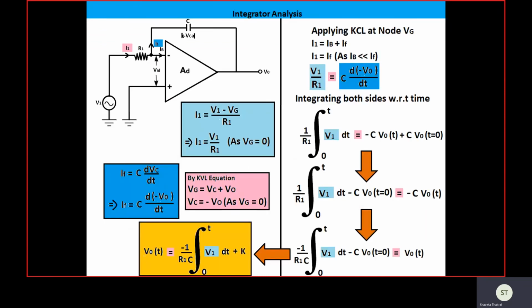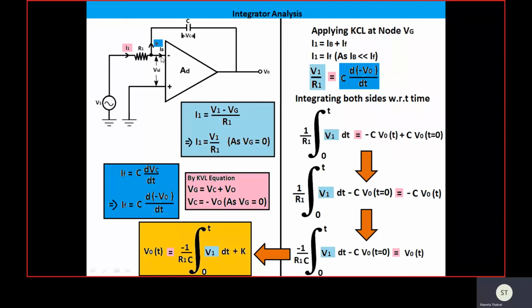So we need to understand the analysis of the integrator so that we get the expression of output voltage in terms of input voltage. We can see here this node is called the virtual ground node. In the operational amplifier, this is a very important concept of virtual ground. If the non-inverting input terminal is physically grounded, this node will behave as grounded, called the virtual ground node. If we apply KCL at this node, I1 is the input current that is flowing via this resistance R1.